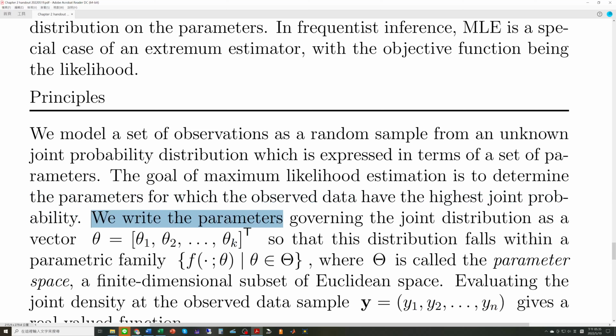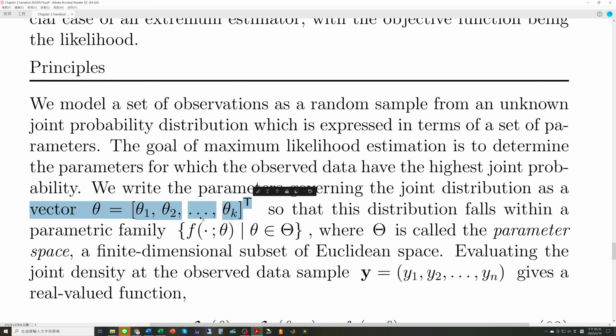We write the parameters governing the joint distribution as a vector theta, where theta is equal to theta 1, theta 2, dots, theta k transpose. So we can see that there are k parameters,